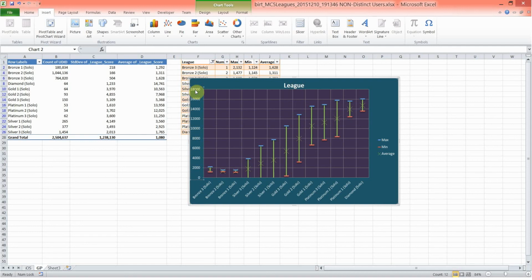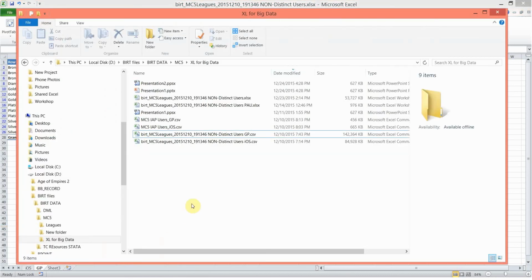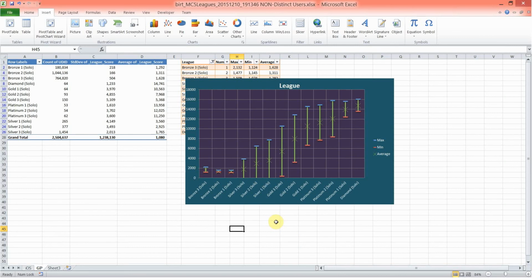So this much about dealing with big data using Beard and Microsoft Excel. In our next example we will be using a little bit more advanced technique for also retrieving the PAU data, not only just overall users, but also particularly for PAU. And for that report and data retrieval we will be using a little bit more tricks on Beard, and retrieve and report data via ODBC connections and using SQL statements like joins in order to retrieve the data only for PAU. So this much about this video, and thanks for